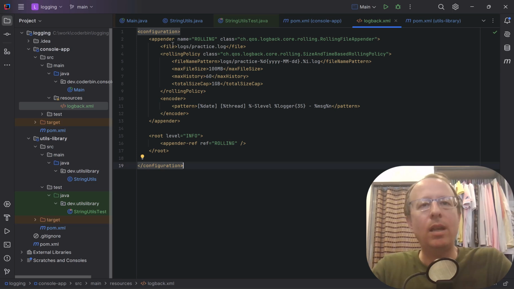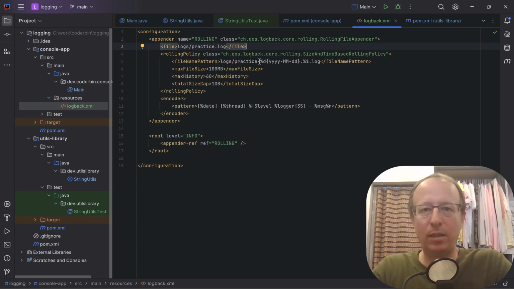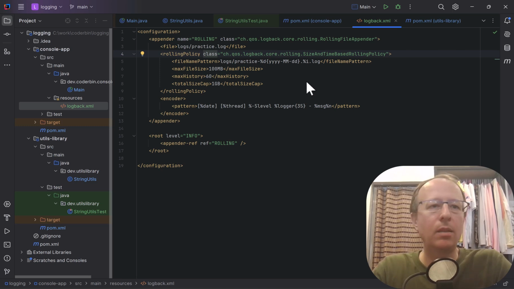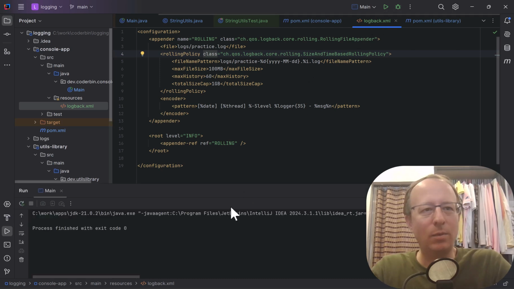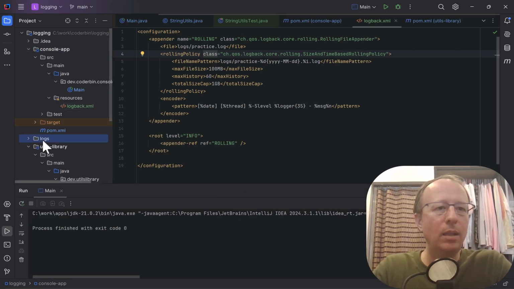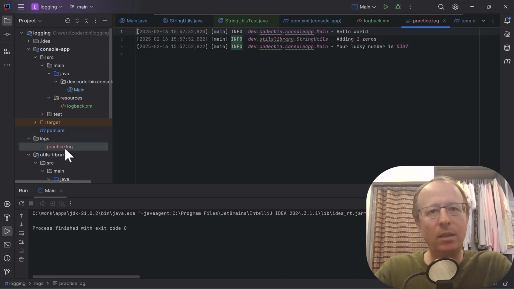So this is an advanced file appender. By default, it's going to log to logs/practice.log, but also at the end of each day, it's going to rename the day's logs file with today's date, and then it's going to create a new log file. It's going to delete old files, and we can also get it to gzip old logs. So now if we run this application once again, things have worked, and we can see in our log directory here it's generated this log file, but it hasn't printed anything to the console.